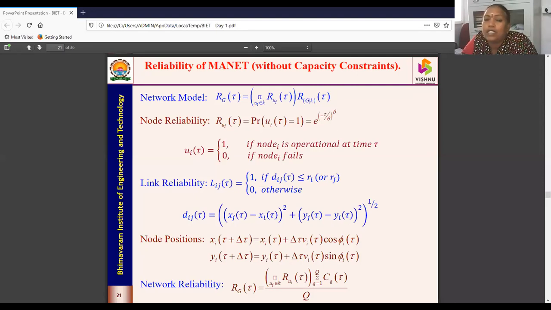So the first model we'll be studying is the probability based link reliability model, wherein we are combining both the FS model as well as the TRG model. And the second model is the fading model. To overcome the disadvantages which happen in the first model, we are making use of the second model, and here we will be studying the effect of this model. When I say fading model, here we consider the log normal shadowing model. So considering this model, we will be studying what is the effect on the MANET reliability.